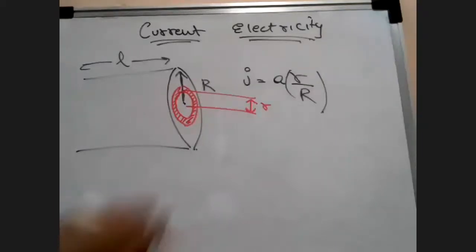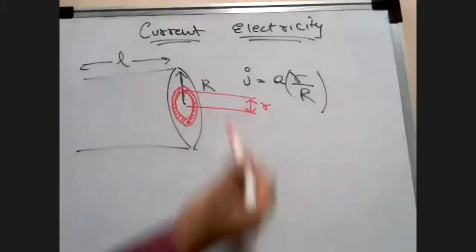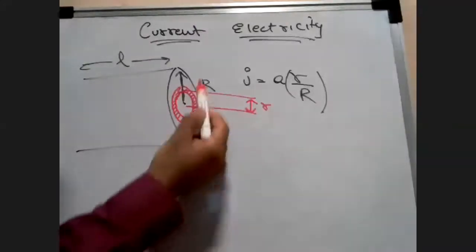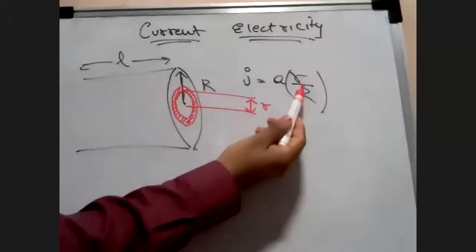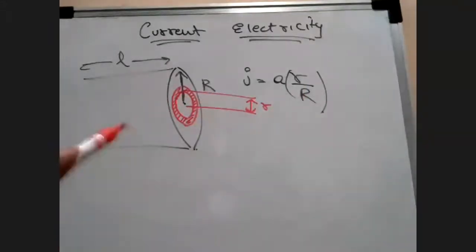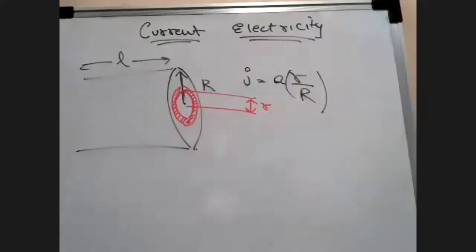Okay. So if this ring has a radius of small r, see why? This boy has told me to take a ring. Look here, J is varying in terms of what? In terms of small r, and capital R is the entire radius of this cylinder. There itself you should get an idea that the element you take has to have a certain radius small r. So we can take a ring.